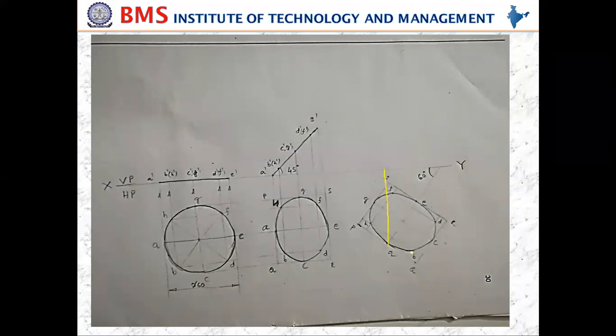And then from B, I have to draw a vertical line like this, and from B dash you need to draw one horizontal line. Both intersect at this point, so don't extend this line till here. Similarly, C, where is the C line? C line comes from here,